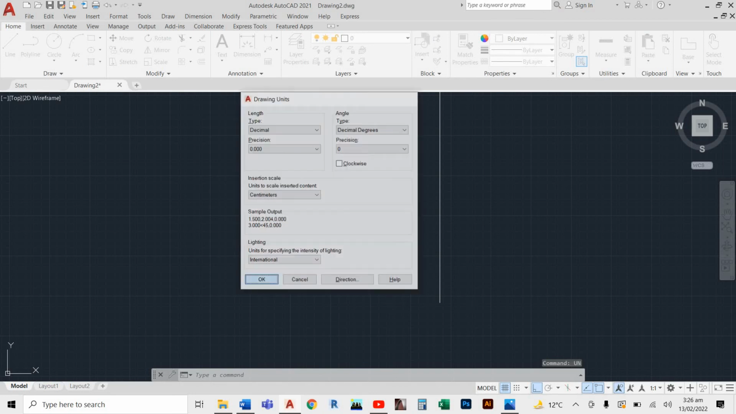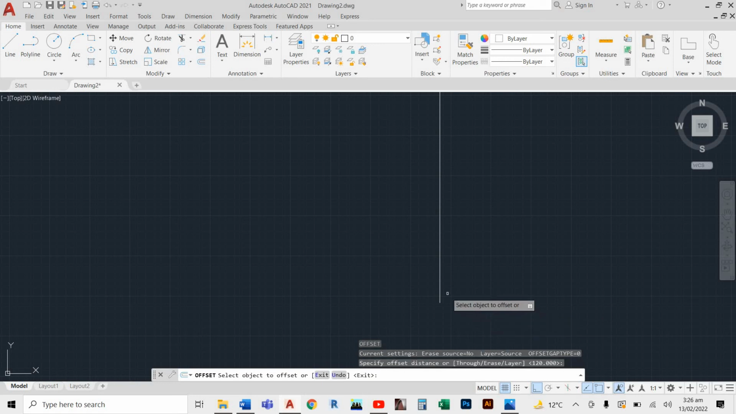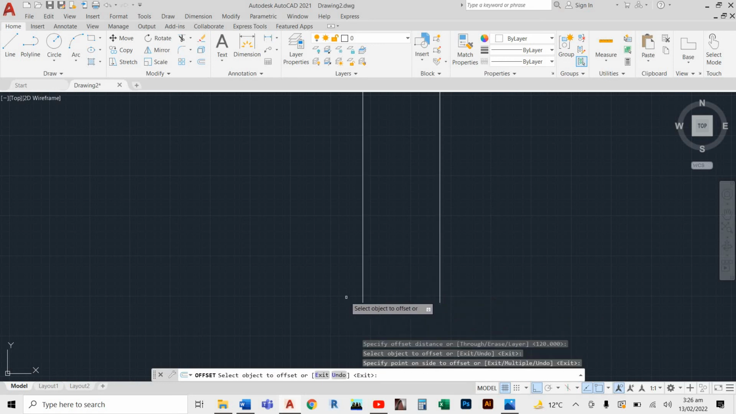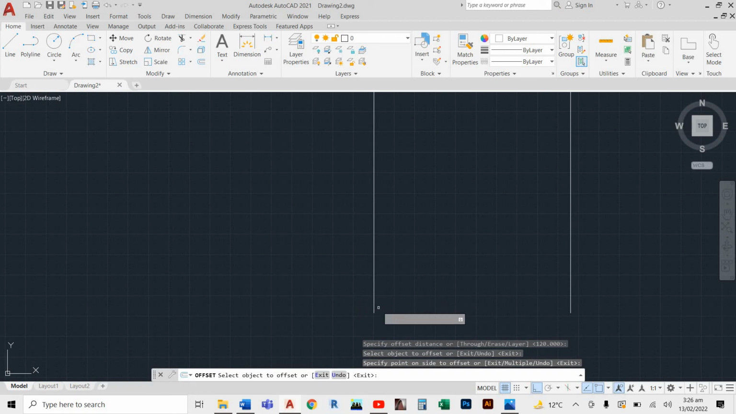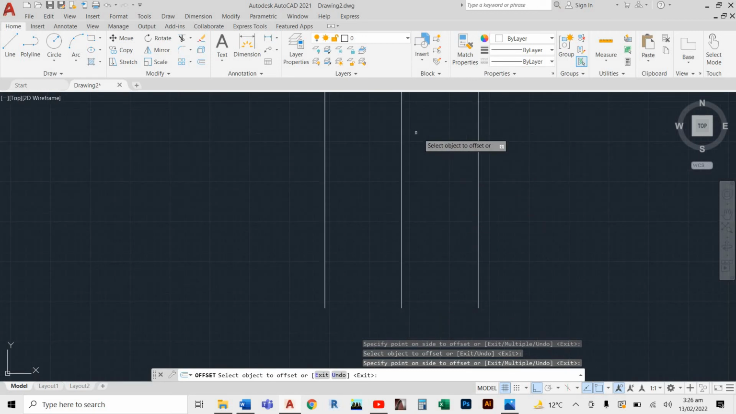So how can we draw? Just use the offset 120. Okay, select your object, 120. Then also here you can use another offset, because one goes up and one goes down. So now here you can get the